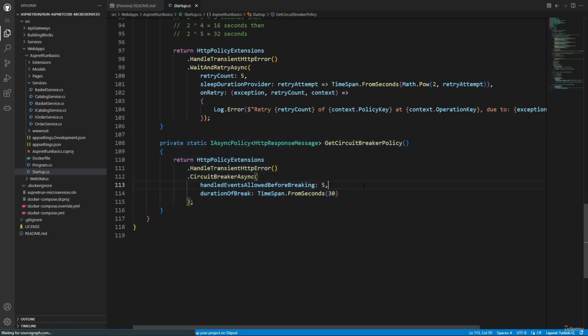So in this way, we can handle events, allowed before breaking 5 times, and we stop the communication between microservices for 30 seconds. After 30 seconds, it will monitor and check whether the target microservice is up and running. If the target microservice is up and running, this time the circuit breaker is closed and the communication continues